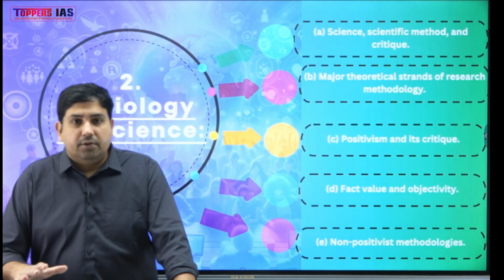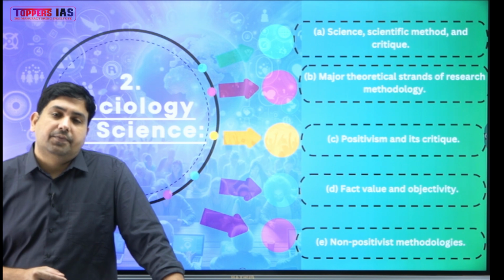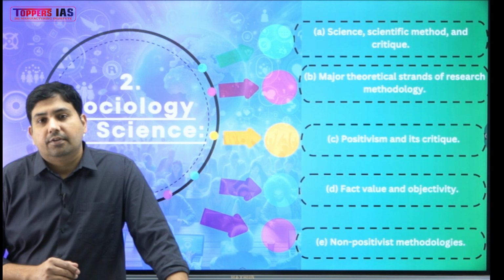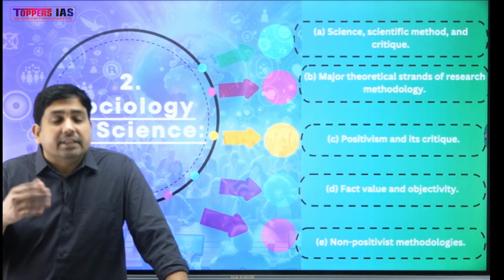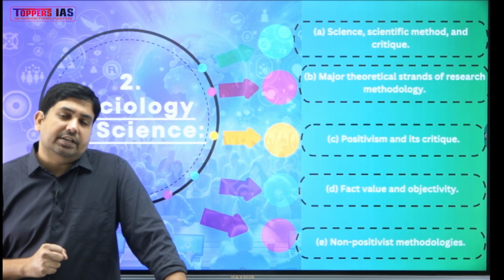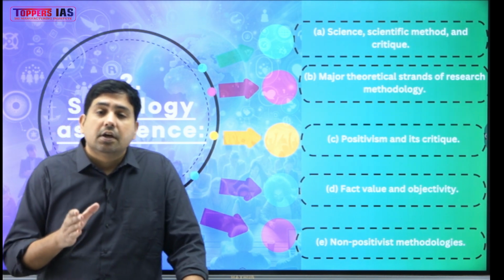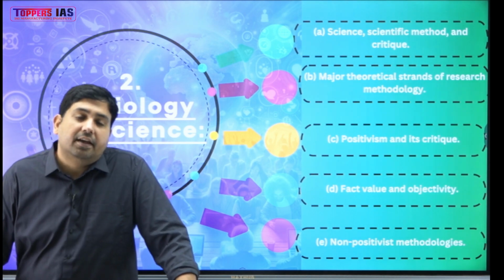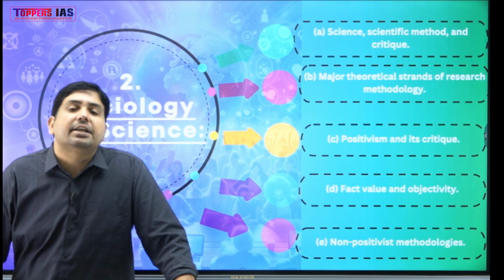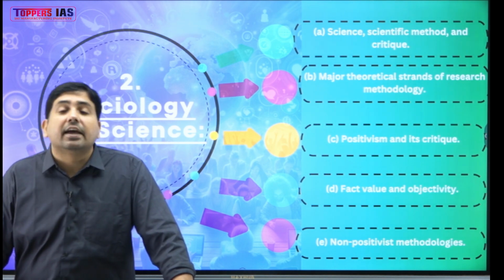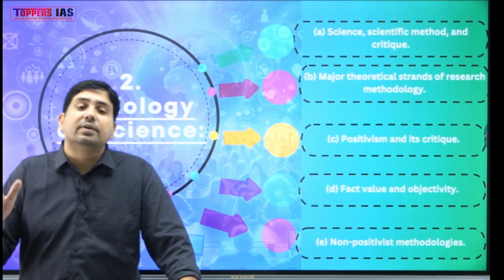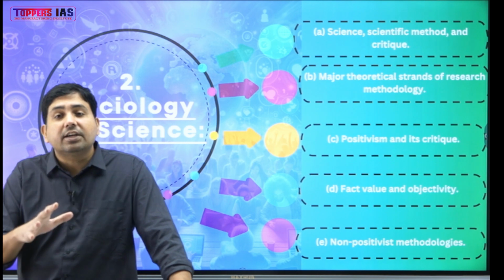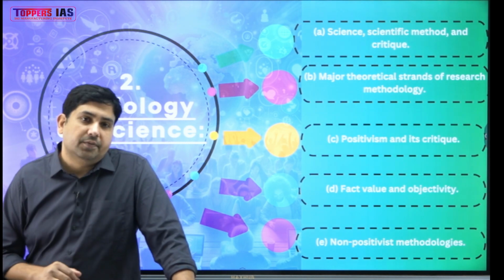Clear? Now, but there is also this debate: can sociologists truly be objective? They say it's very difficult actually. Why difficult? Because sociologists are a part of the very society which they try to study. Their background, their beliefs, their experience can unconsciously influence their research operation. So we study views here of various sociologists in this regard. So for example,